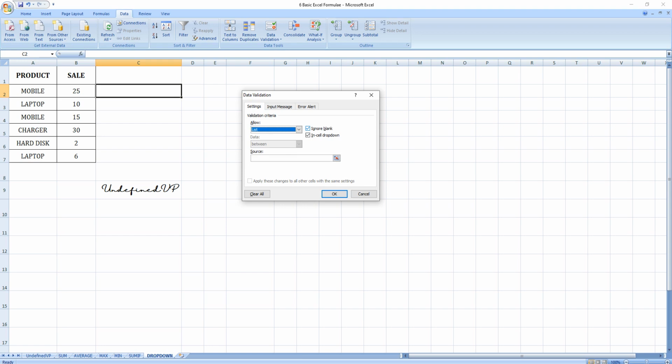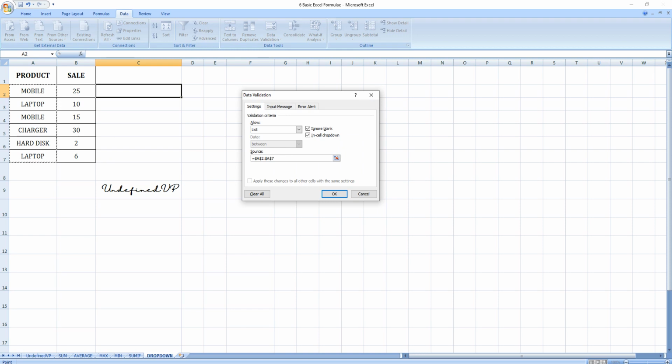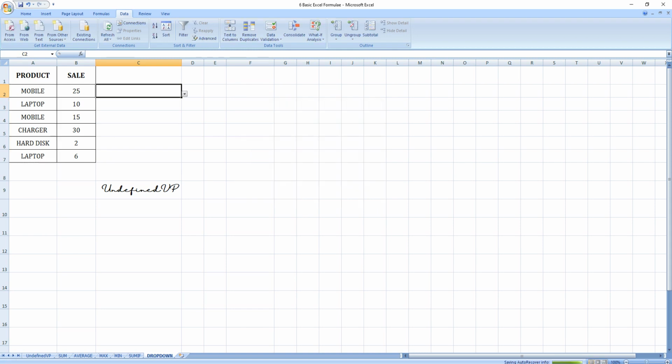If you want, you can uncheck them, but I will not uncheck them. Then it will ask you for the source, meaning which items have to be added. So I'll select this arrow, the source button here. Once I do that, I will select the source, and I have selected the source and I will press OK.